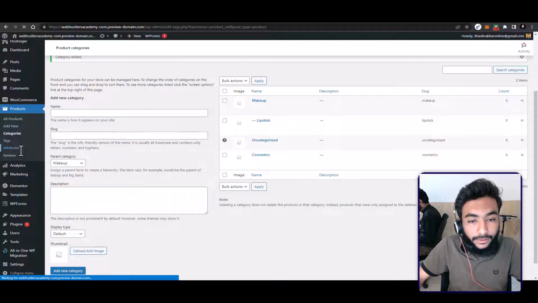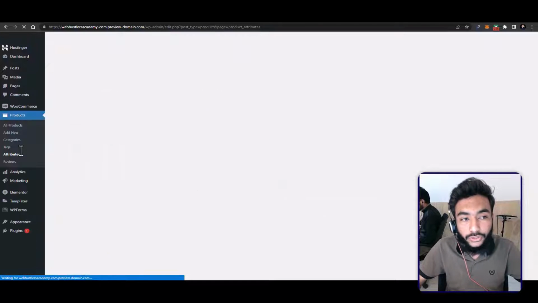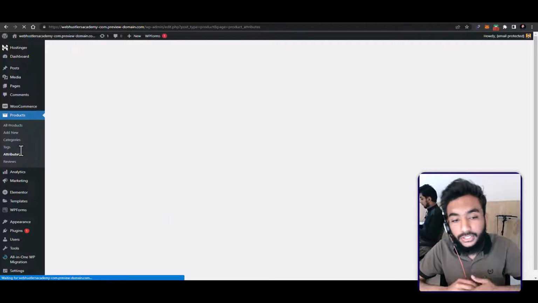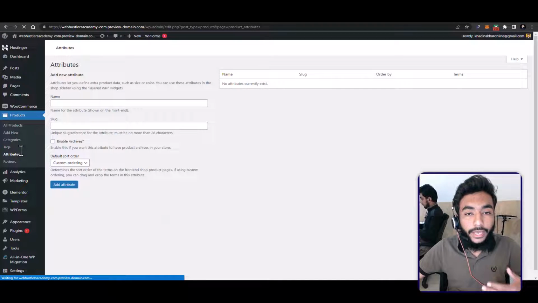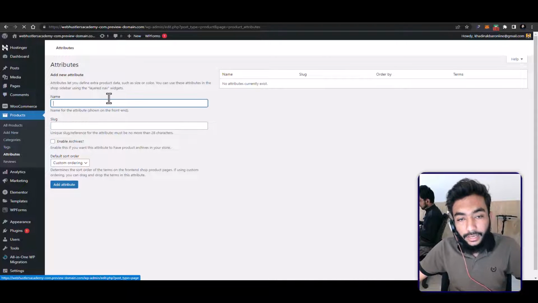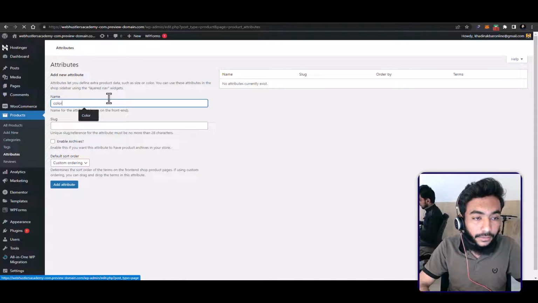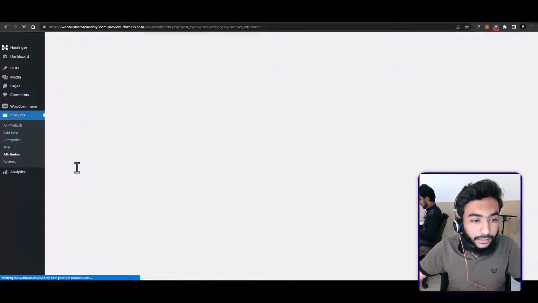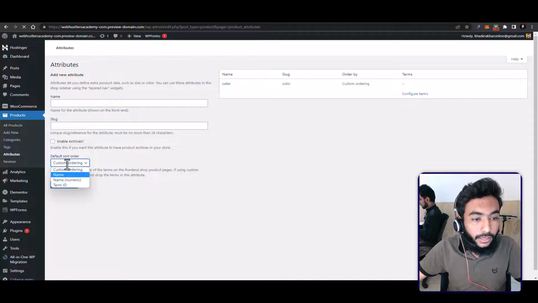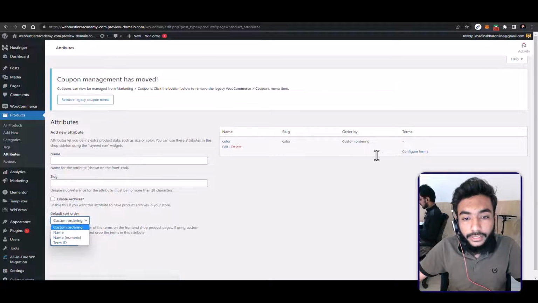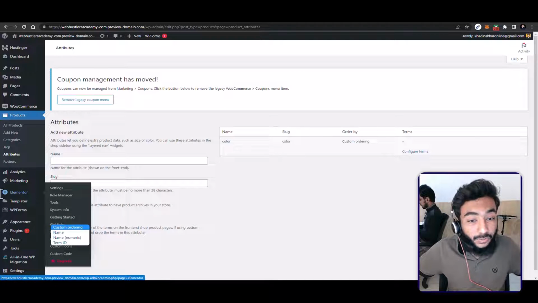Then you have these attributes. If you want to add any attributes to your store, like you are selling t-shirts or these kinds of things, you can add colors as well. Like the attribute would be color. Yeah. So then you can just configure the terms red, blue, white, and you can add a swatches plugin for